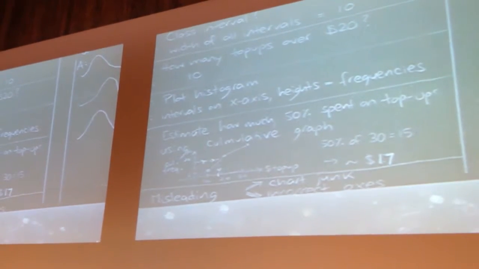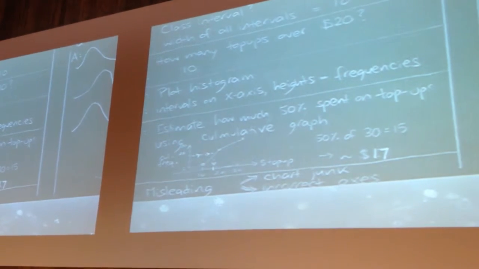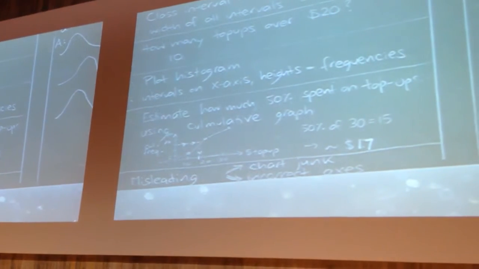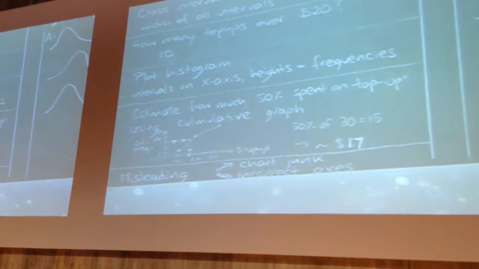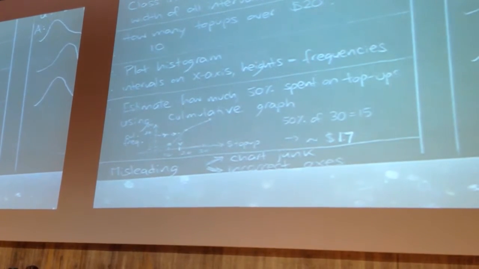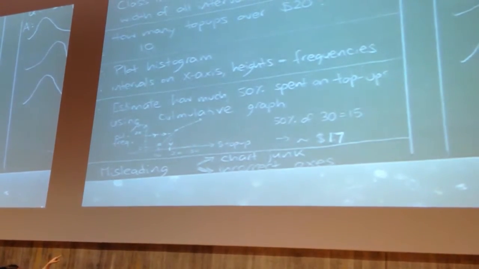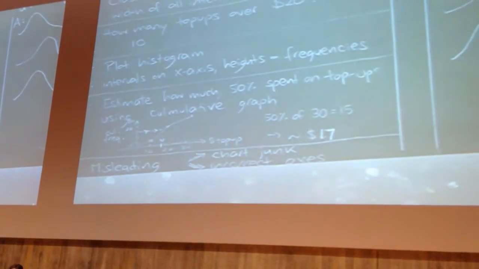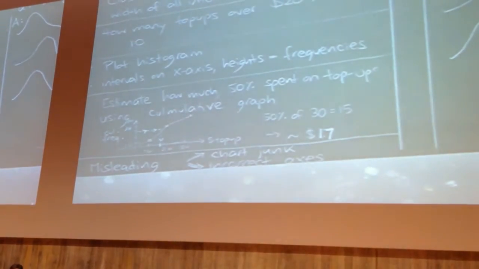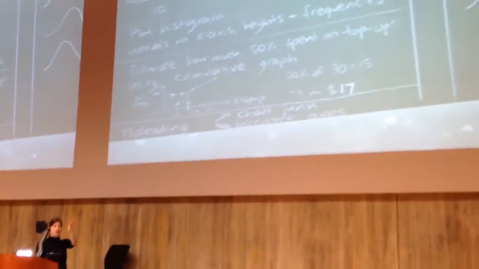And finally, really easy marks to get in the exam is a question on misleading graphs. Like in the quiz, you're shown plots and you're supposed to choose which one of those is the misleading one. What we mean by misleading is either a chart that jumps, like in 3D when it's supposed to be 2D, or incorrect axes. That was another favorite way: if it doesn't start at 0 and just starts at 1,000, it makes the bars look more different than they actually are. That's a typical way of trying to mislead people. Another thing you might get is you're shown a plot and you're supposed to say why